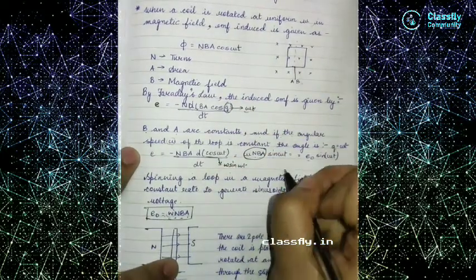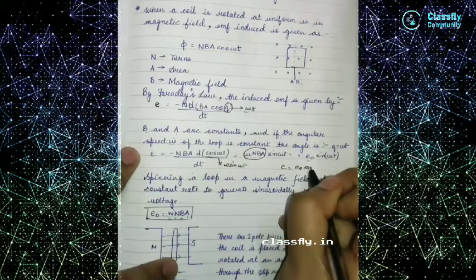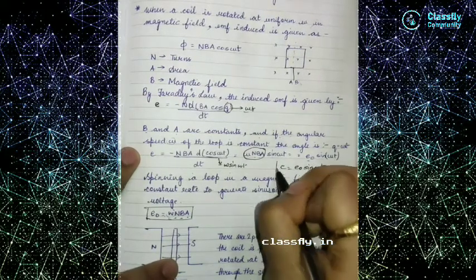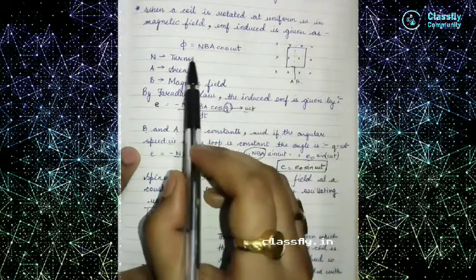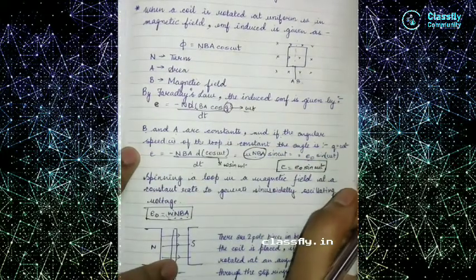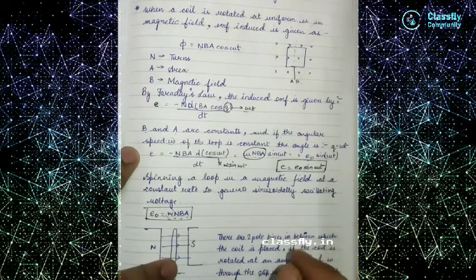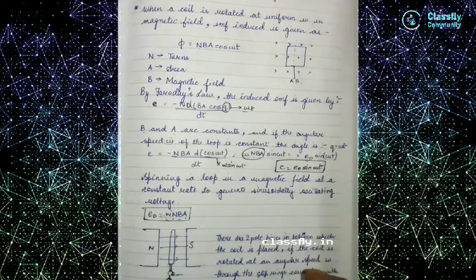Okay. So this part was the generation of the sinusoidal voltage. That means how we can get E is equal to E naught sin omega t from Faraday's law, as well as phi is equal to NBA cos omega t. Now let's move on to what is frequency in a more detailed manner.